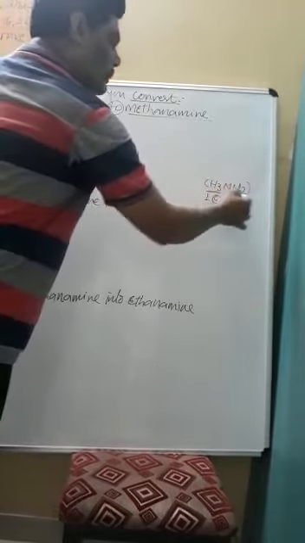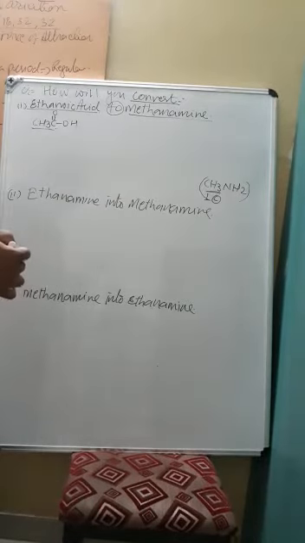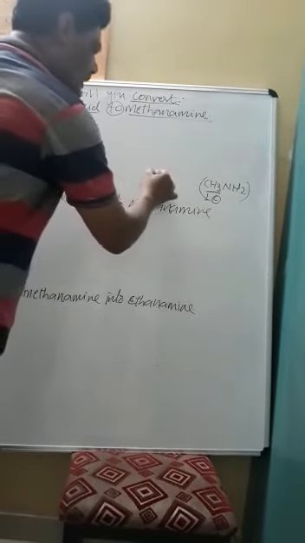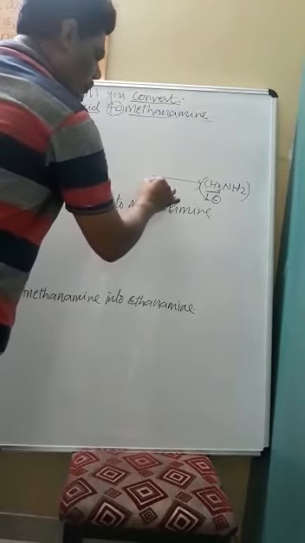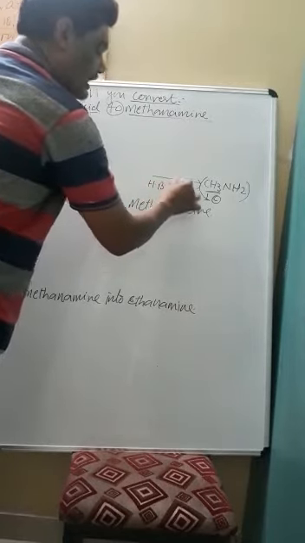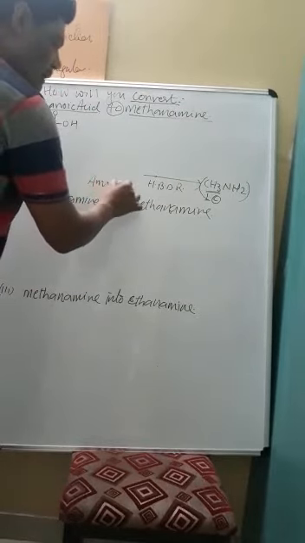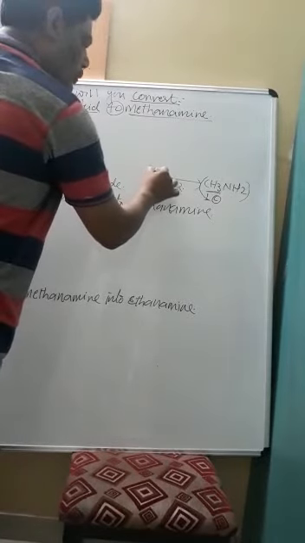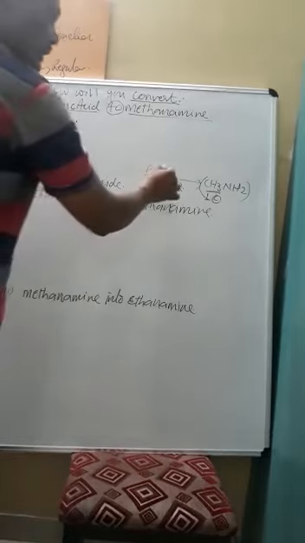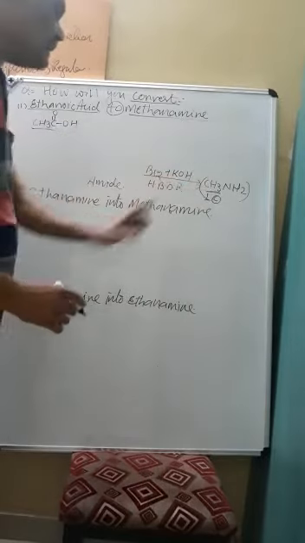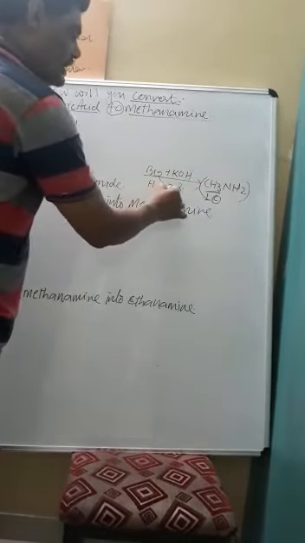And how to do this? So you have to check your knowledge, like how to prepare methanamine from the compound having 2 carbons. So you have one of the reactions. What reaction? This is Hofmann bromamide degradation reaction. What is this? When amide is treated with Br2 in the presence of alcoholic KOH, it forms CH3NH2. This is called Hofmann's bromamide degradation.